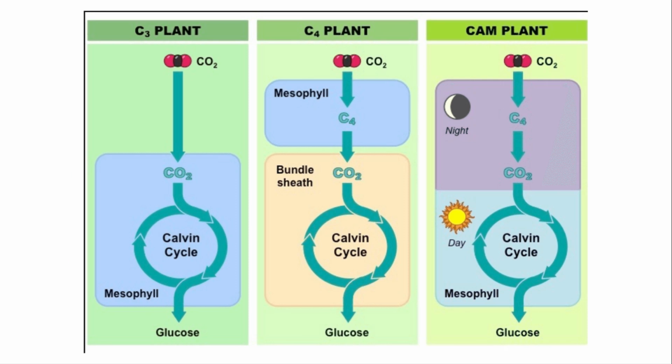Okay, so now we're coming to the concept of C3, C4, and CAM plants. Very simply, this is plants adapting to different environments, giving them an opportunity and an ability to survive in the conditions of heat, for example. So the majority of plants, about 85% of plants, that include rice and barley and wheat, all follow the very same pathway that we just discussed,